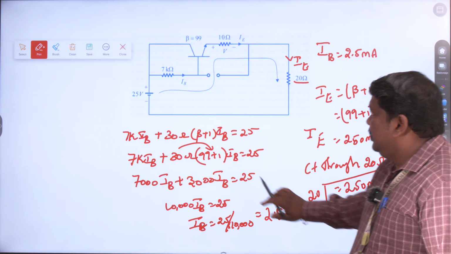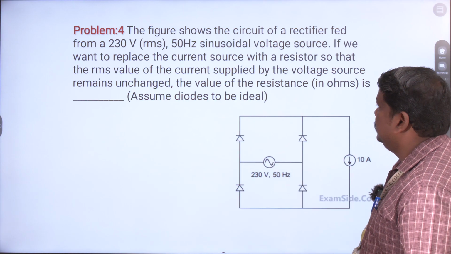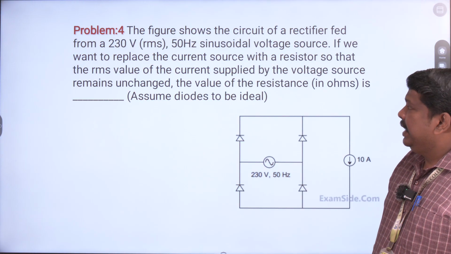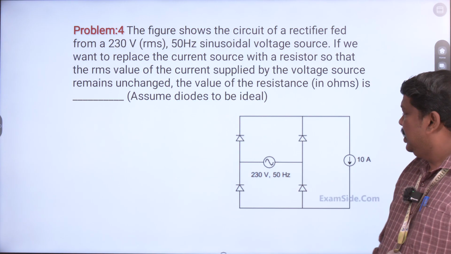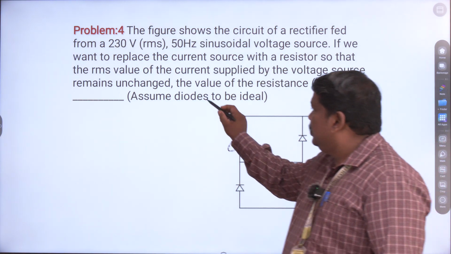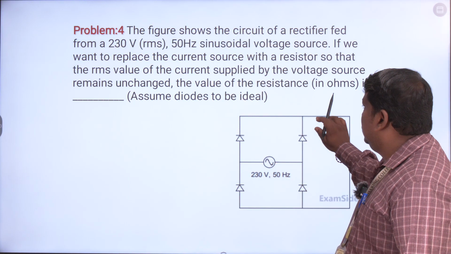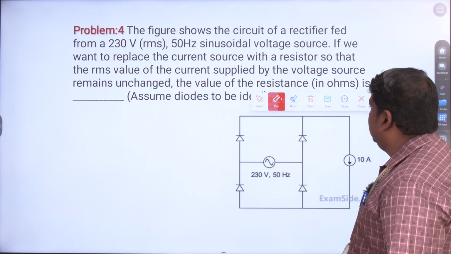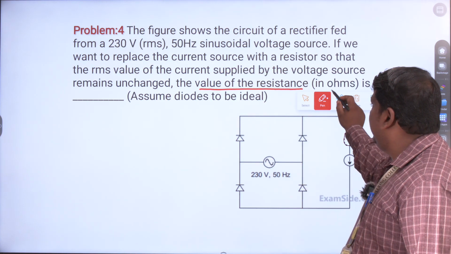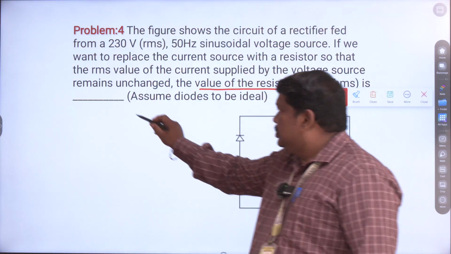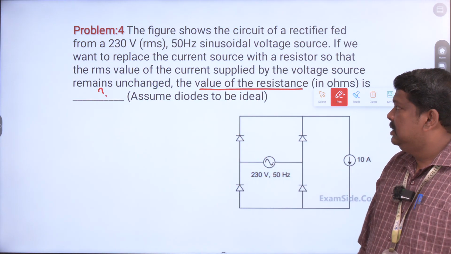Next we can move to the fourth problem. Here also it is going to be a rectifier problem. We are just going to calculate the resistance of the full wave rectifier in terms of ohms. Here also no options are given, we just have to calculate the value of the resistance according to